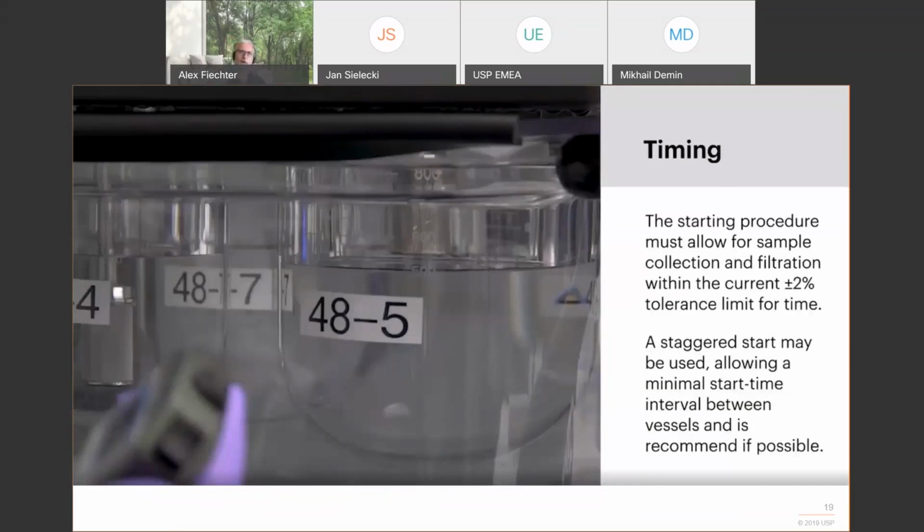So it's on the verge of that dissolution curve going up very shortly. So the time tolerance of plus minus 2% at 30 minutes, which is 36 seconds before and after 30 minutes, you need to take the sample of all 6. If you have a 7-station, 8-station dissolution tester, that you assess those stations as well with PVT, the time gets even shorter. Hence, the recommendation to do it staggered as well.